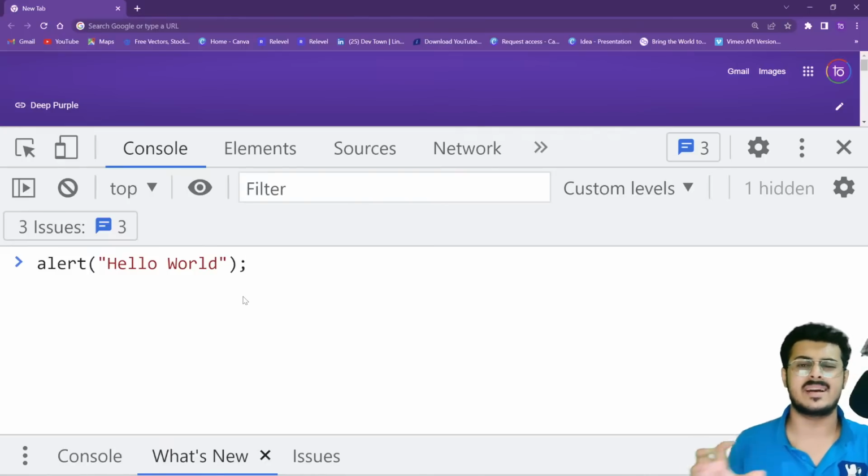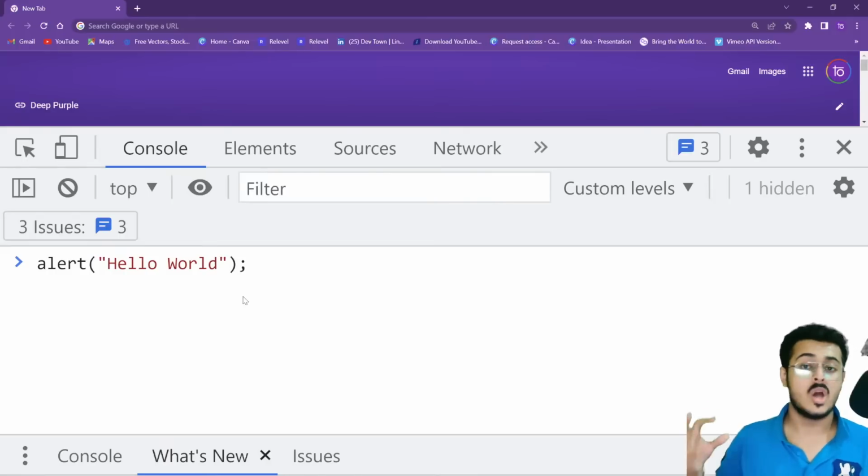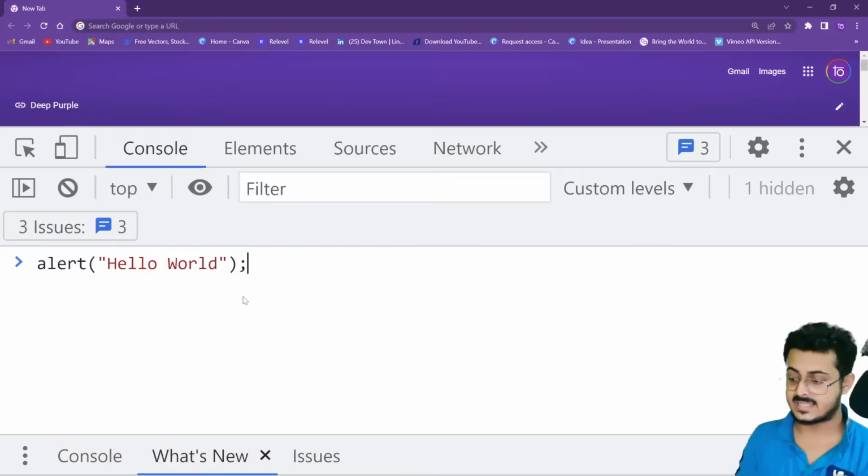What do you understand by an alert in normal English? Whenever I'm asking you this particular question, I'm taking into account that you don't know programming at all. I'm asking you as a normal human being. If somebody knows English, what will be the meaning of alert? Can somebody let me know?